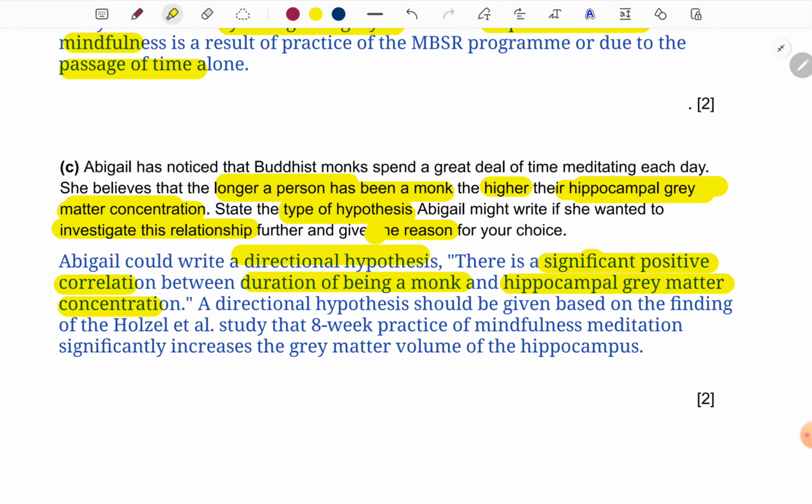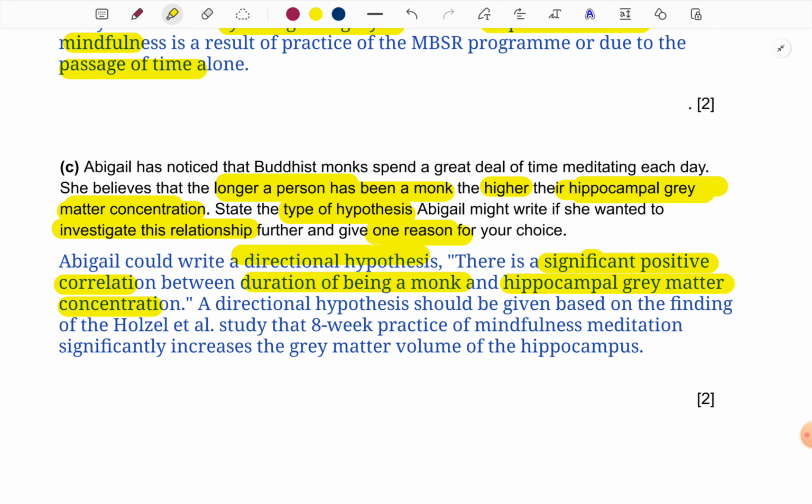Now they have also mentioned give one reason for your choice. Some students, firstly, find the wording of the question long. It is a little long question. Secondly, they think so much about how to write the hypothesis because they've not practiced enough, that they end up just writing the hypothesis and forget that they have to give one reason for the choice. See, it might seem very trivial what I'm saying right now, but it is not. Because of silly reasons like these, you end up losing marks. Like 1 mark is totally gone if you don't give a reason. So don't stress out in the paper, don't go unpracticed in the paper such that when you're writing the answer, you forget half of the question.